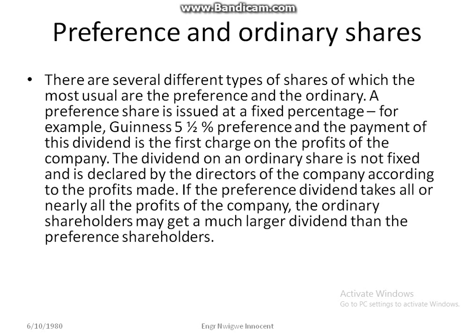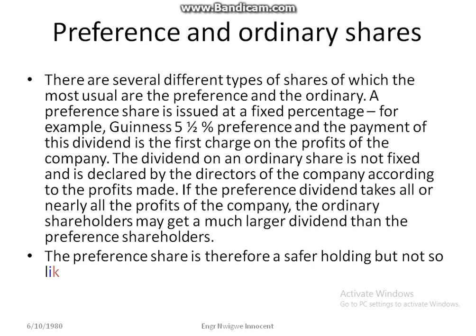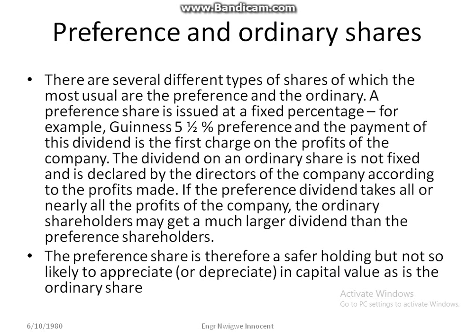The preference share is therefore a safer holding, but not so likely to appreciate or depreciate in capital value as is the ordinary share. Difference between stock